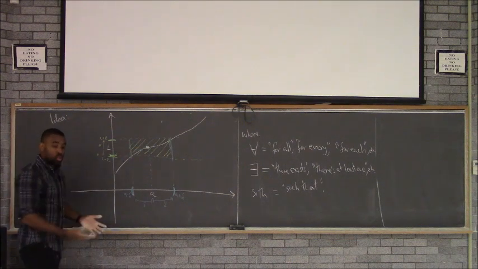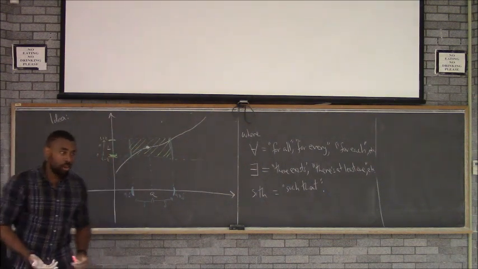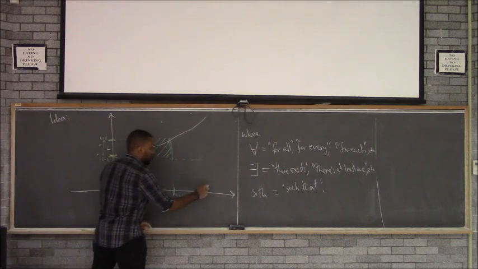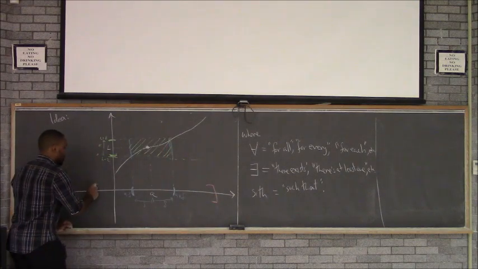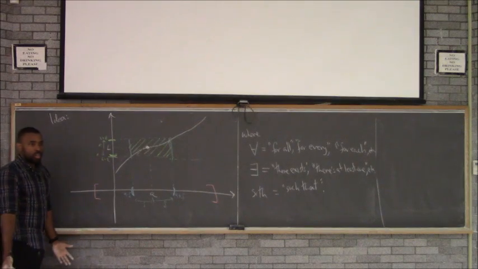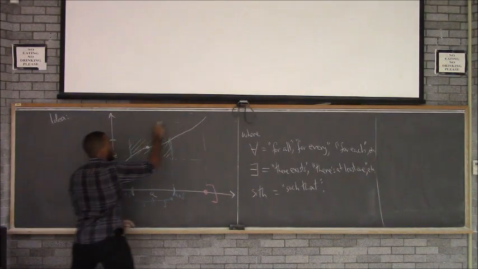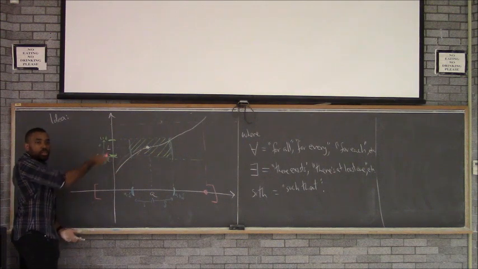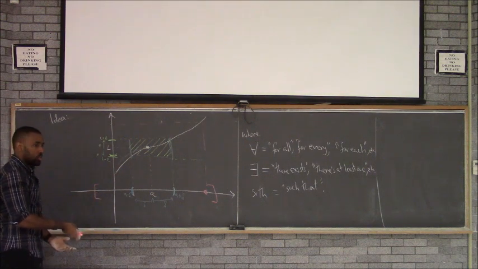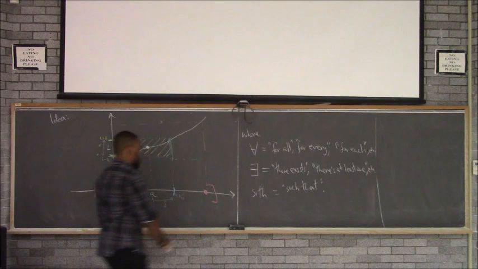Now, if you make the window too wide, you can mess this up, right? Let's say you open the window like over here. Then that's not going to work, because someone can pick an x value right here, and look now, you're outside the window. You didn't meet their criteria for what needs to be close, right? So this window is too wide.